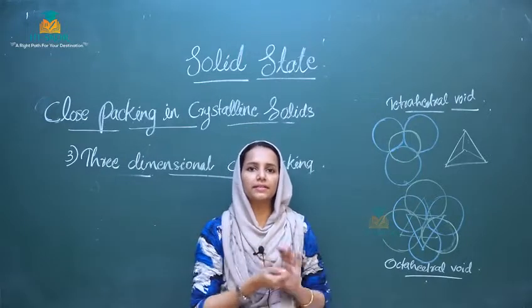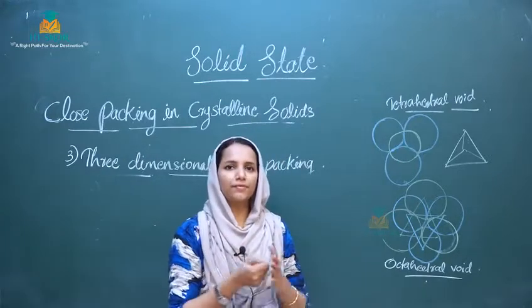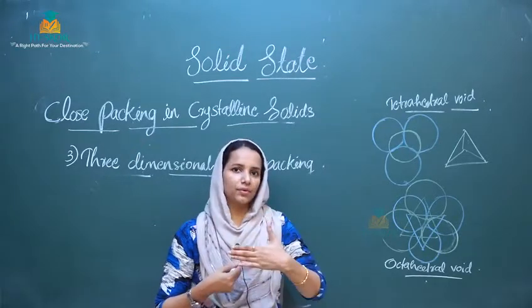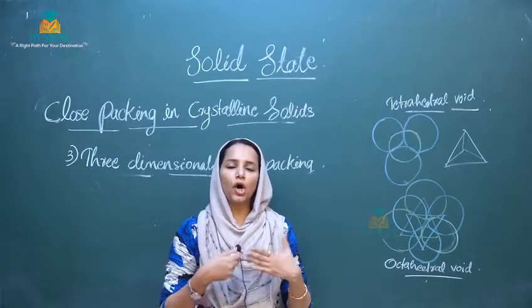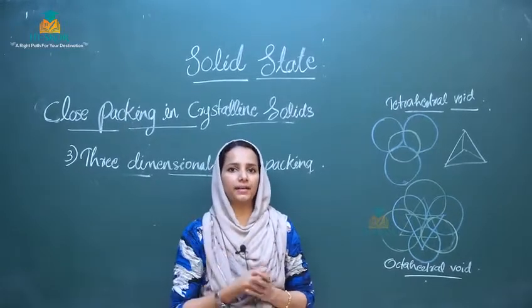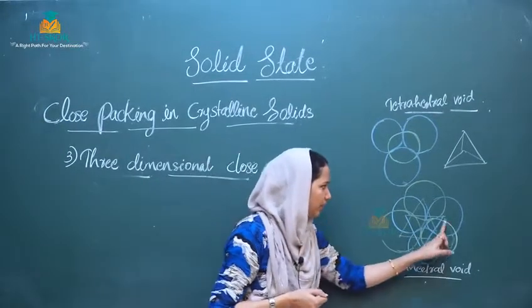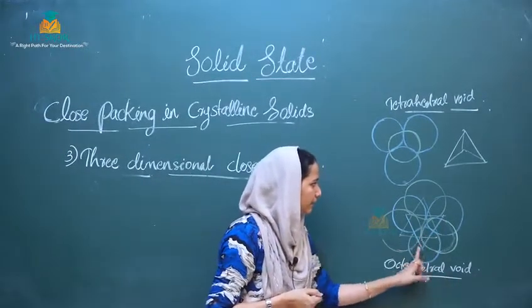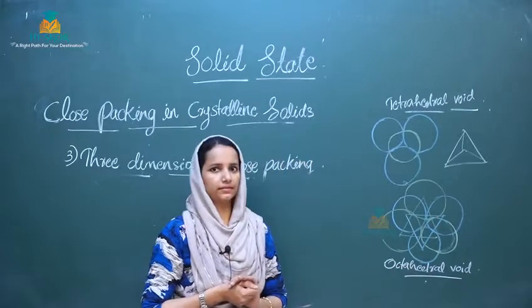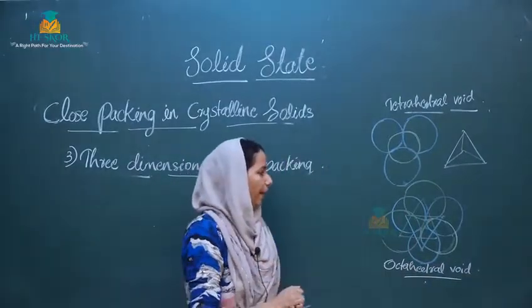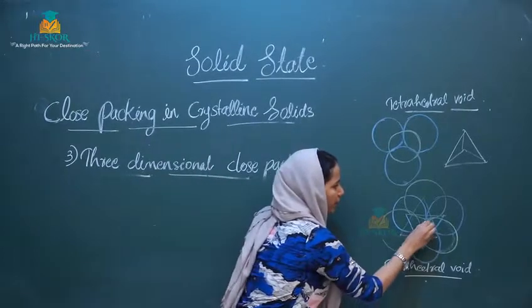While checking the picture, you will see that in D type void, there is a combination of two voids, that is the first layer void and second layer void, and the combination is the D void. Okay, so I'll redraw that void. Suppose this is the first layer. I showed the first layer with one color, and the second layer with the next color. When we look like that, we will get a combination of the void here,